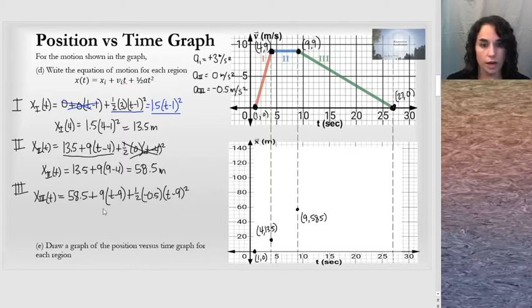All right, I'm going to simplify this just a little bit. 58.5 plus 9 (t minus 9) minus 0.25 (t minus 9) squared. I simplified those two terms, and that would be a fine equation for the equation of motion. We can plug in the position